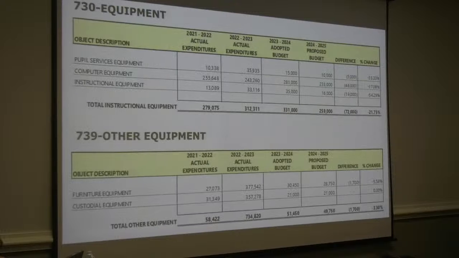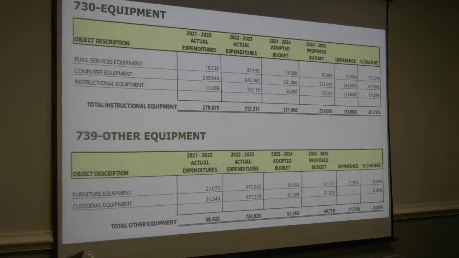So that brings us to the equipment accounts in object code 700, page 126. Again, the computer equipment here will be reviewed through the technology budget review. And Ms. Borges covered the Pupil Services equipment account last week. So I will discuss the instructional equipment. These accounts include requests from the art music coordinator and include funding for musical equipment replacement, sound equipment technology, and art equipment. As you can see, there is a reduction in this area of the budget as we have been able to support the purchase of art and music equipment over the last couple of years, again, through the budget